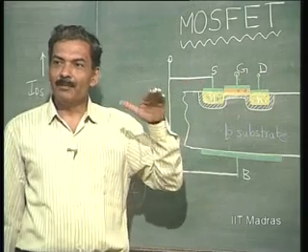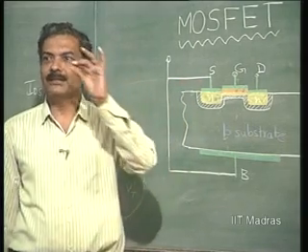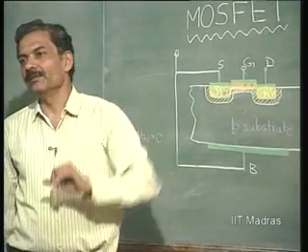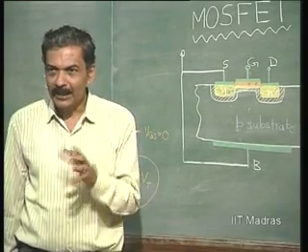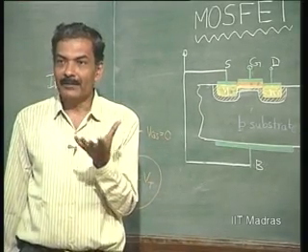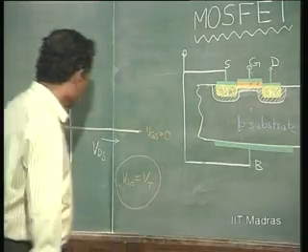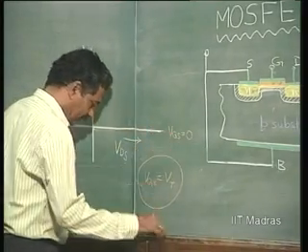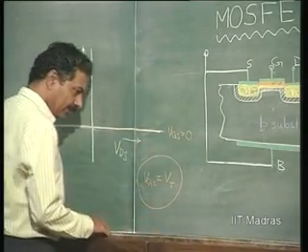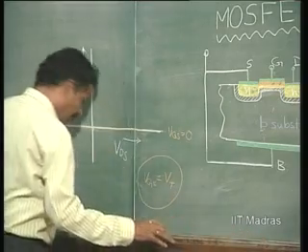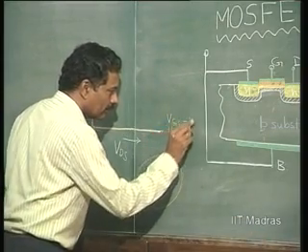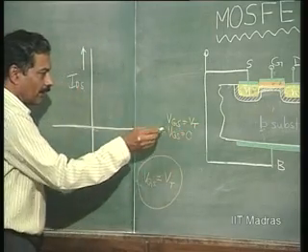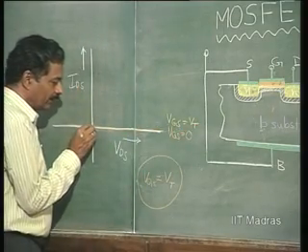So, when you apply the threshold voltage, the channel is just formed, let us say a very thin layer. That means the resistance is still very high. Current is going to flow, but very, very small. So, current has started flowing. So, for VGS equal to 0 to VGS equal to VT, we still have current flowing here, but very low.